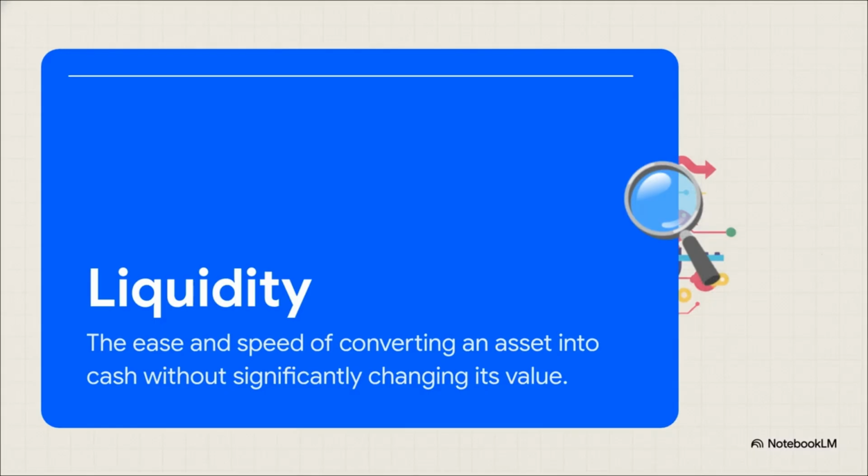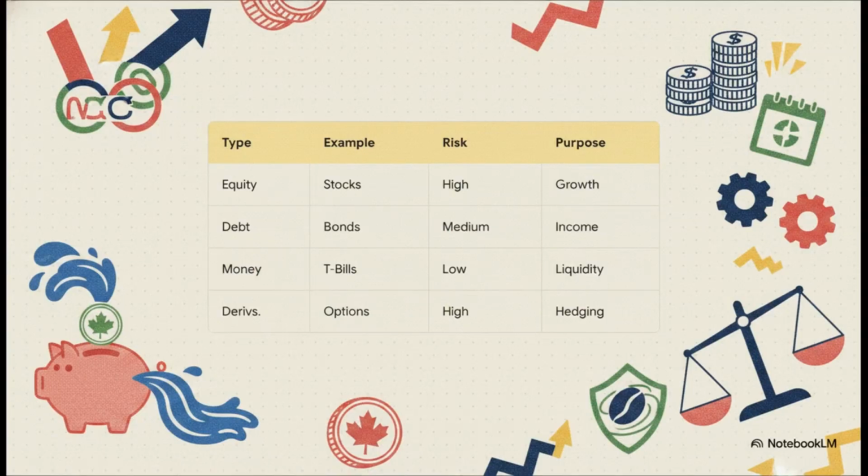Simple as that. Another absolutely crucial concept for our entrepreneur and for any investor is liquidity. Liquidity just means the ease and speed with which an asset can be converted into cash without causing a huge drop in its value. Cash and treasury bills, highly liquid, you can spend them today. But what if our coffee roaster buys specialized, heavy-duty espresso machinery? That has incredibly low liquidity. It takes significant time and effort to find a specialized buyer and convert that equipment back into cash at a fair price. Figure 2 brilliantly illustrates how we categorize these tools.